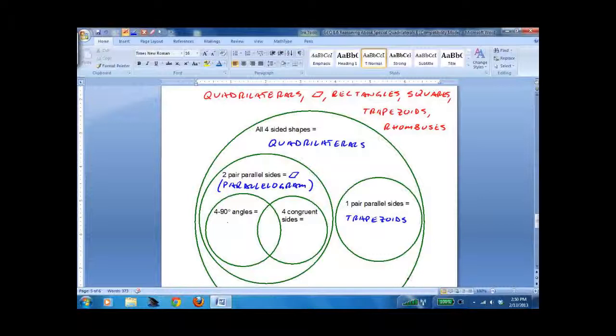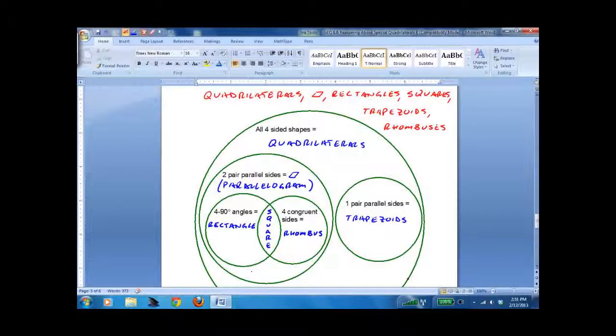Four 90-degree angles means a rectangle. And four congruent sides means a rhombus. And if you put them together, you get a square. So this is pretty handy. There's a lot of problems with